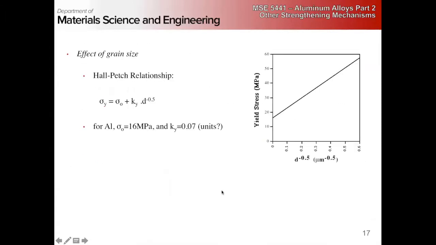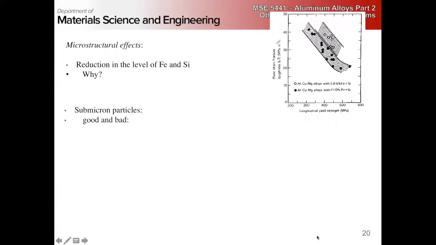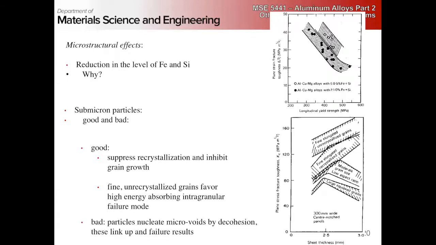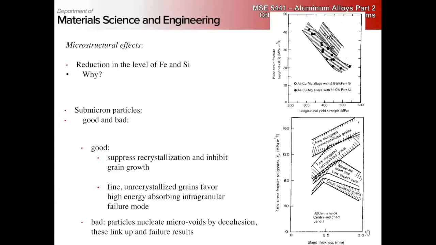Right. Where we left off on Friday, we talked about fracture, these large intermetallics essentially cracking easily and giving you a nice short circuit crack path through your microstructure, right? And we talked about that we want to reduce the level of iron and silicon, right? These are our primary impurities. These are going to cause